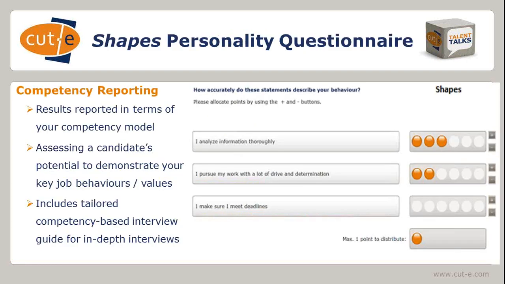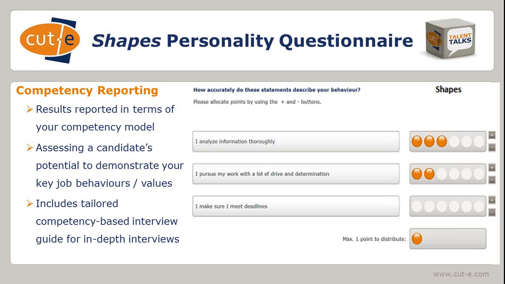One other tool that we often use in combination with the situational judgment questionnaire is our standardized validated tool, one of the several, but one of our flagship, which is called the Shapes Personality Questionnaire. What we do is we design the scoring and the resulting output based on your competency model and your behaviors and values that are required for success in your organization and in the role. So you're not just getting some personality trait like extroverted, but rather we're going to validate and map the results of the standardized questionnaire specifically to the competencies, behaviors, and values of your organization,